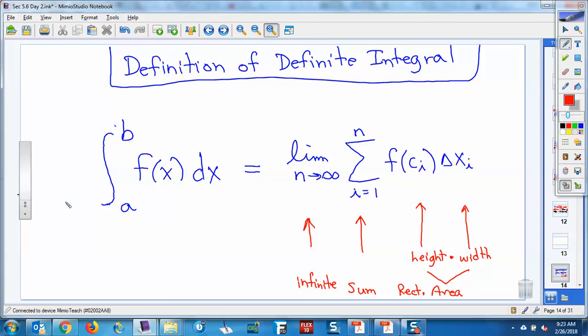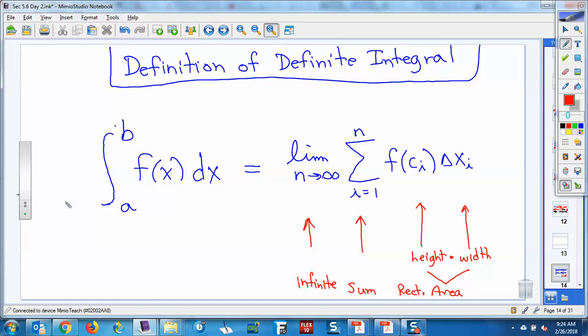This is the formal terminology, the definition of a definite integral. Let delta x sub i be the width of the ith subinterval. So delta x1 would be the width of the first subinterval, delta x2 would be the width of the second subinterval, delta x3 would be the width of the third subinterval, and so forth. Now, you might be saying, why do you need different delta x? Well,